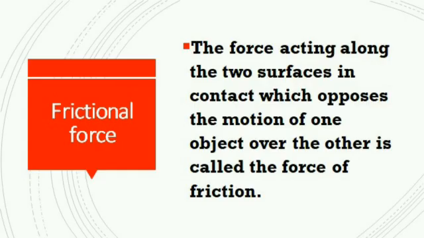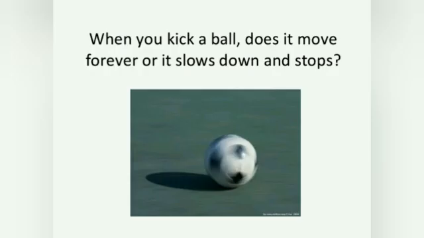Then the third one is frictional force, or you can say force of friction. You have a separate chapter about friction. You will learn it, I think, in the next physics chapter. But here I can give a small explanation and introduction also. A ball rolling along the ground gradually slows down and finally comes to rest. You would have seen this. You find no visible force appears to be acting on the ball, yet its speed gradually decreases and finally it comes to rest after some time.